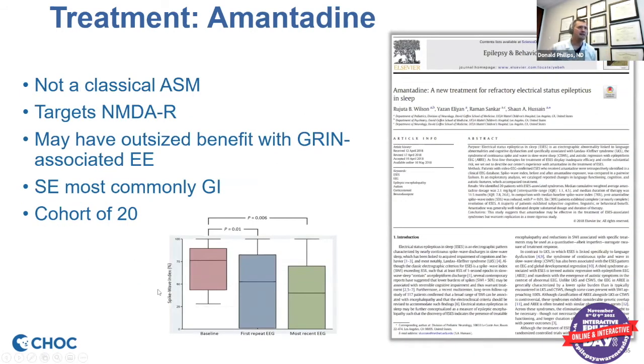I will bring up Amantadine here. Amantadine is not a classical anti-seizure medication. It's a medication that targets the NMDA receptor and is used, among other things, as an antiviral medication. Because of its targeting of the NMDA receptor, it may have an outsized impact on ESES, or epileptic encephalopathy with ESES associated with the GRIN mutations, which is why we do more genetic testing with ESES than we ever